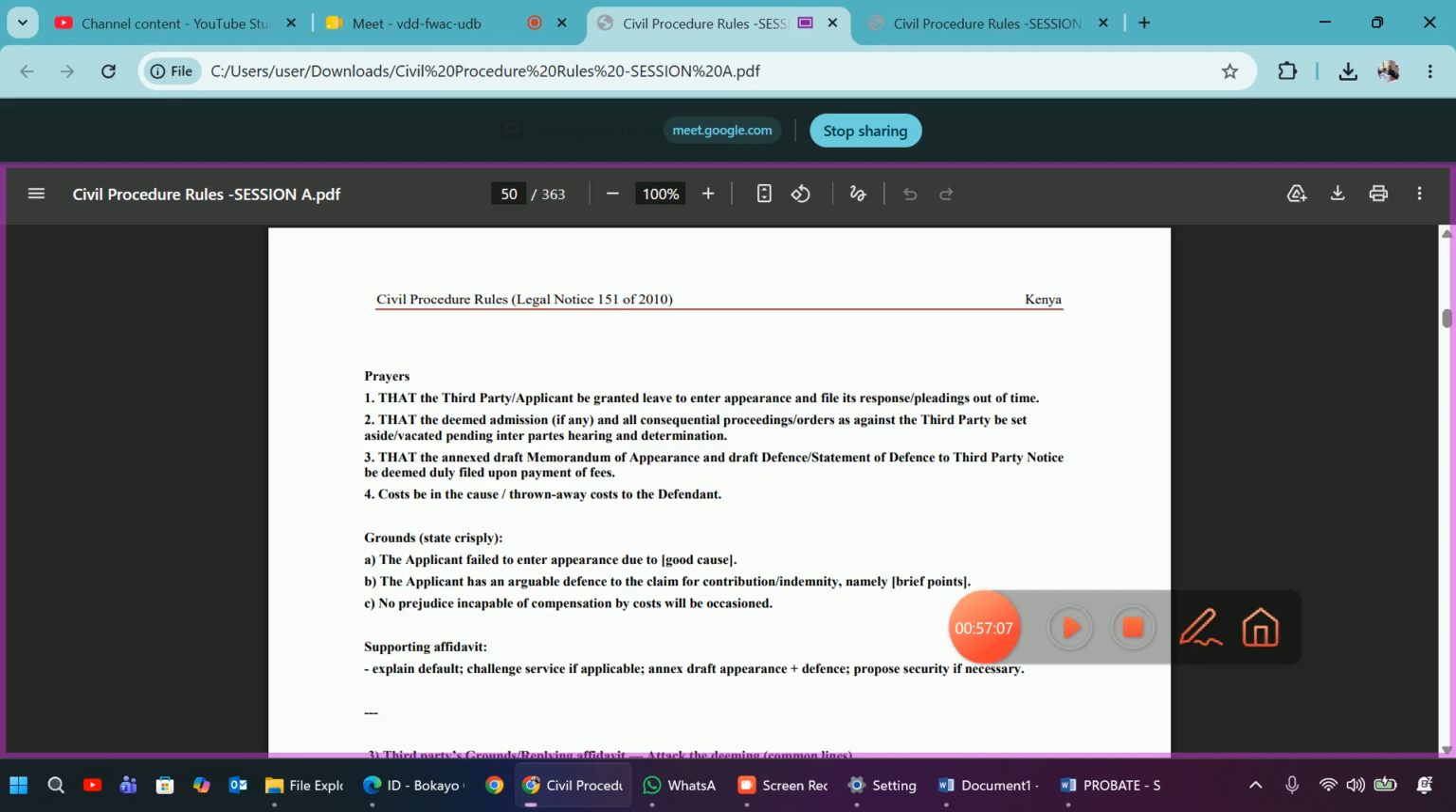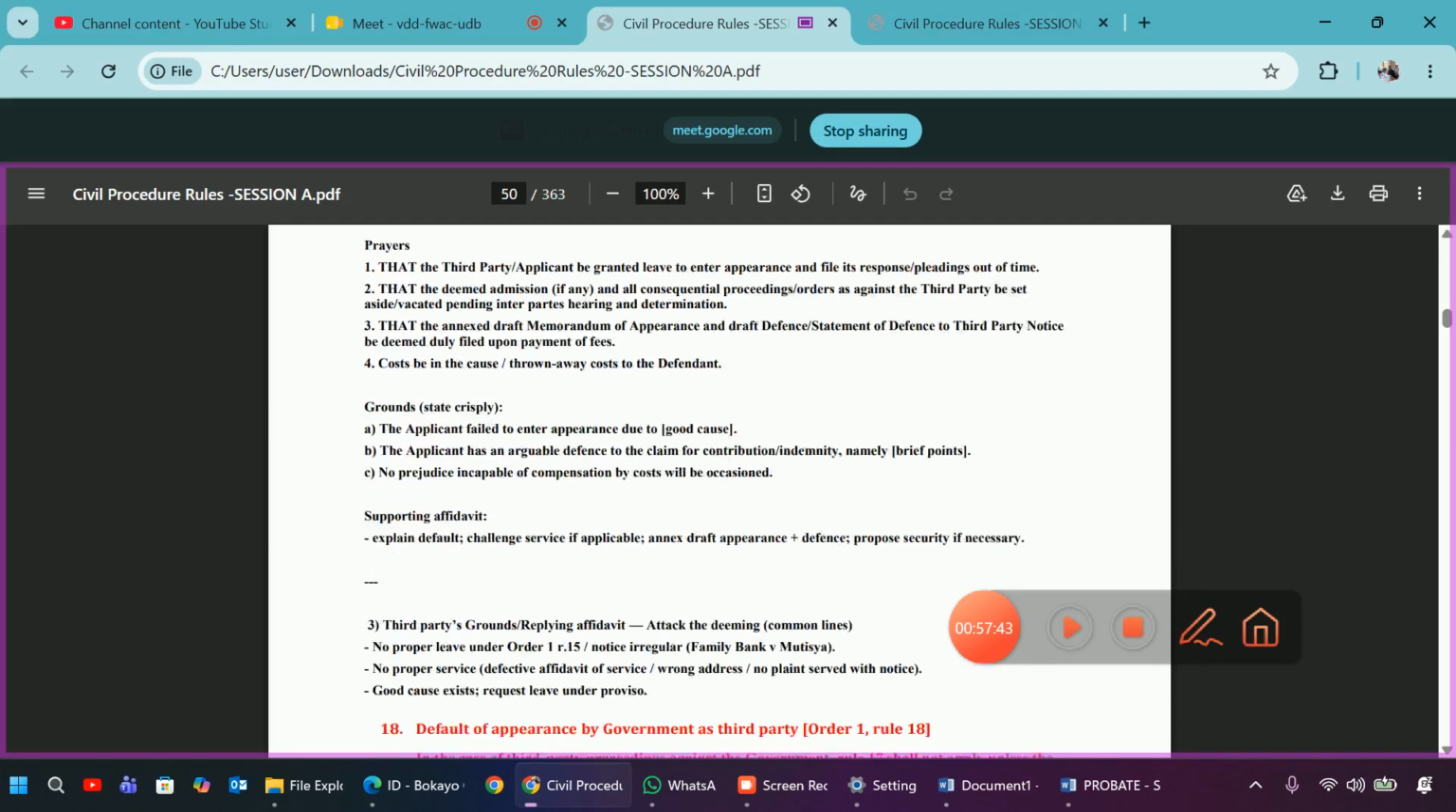That the draft memorandum of appearance and draft statement of defense to the third party notice be deemed duly filed and cost be in the cause. The reason why you are attaching the memorandum of appearance and statement of defense at the same time is because, remember, you want to be granted leave to enter appearance and file your response. So it is in the interest of the court to see that you have indeed attached the necessary documents, being the defense and memorandum of appearance, because for you to have locus standi before that court, we must see